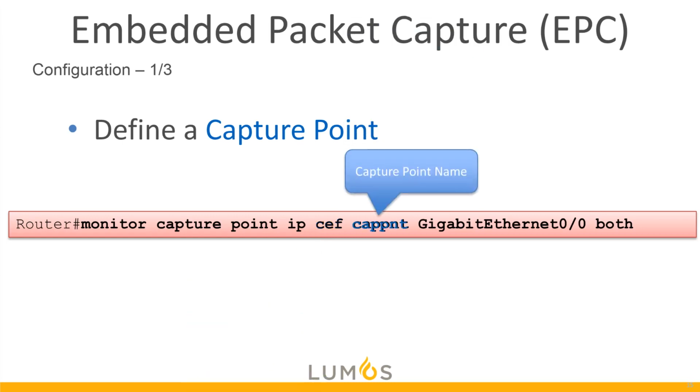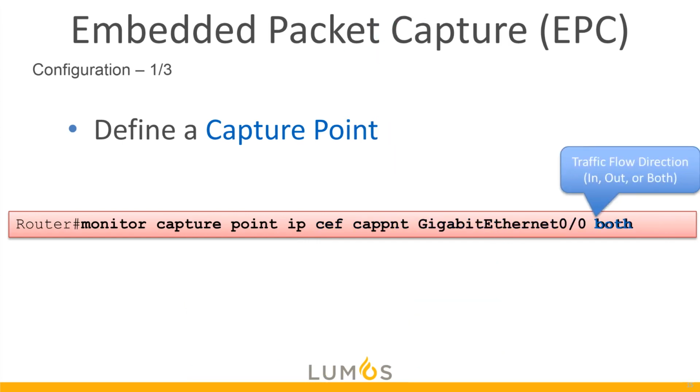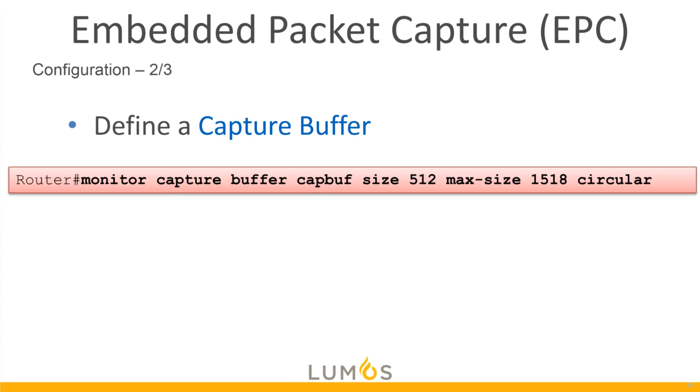The capture name, so here we're calling it cap PNT, and obviously the interface and traffic direction. So that was our capture point. Now we need to define a capture buffer. And here we're going to specify what the size is of the buffer, as well as the max size, and